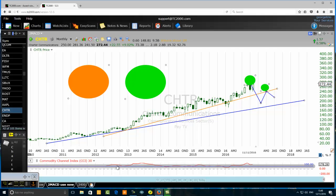All right, when the CCI is oversold, it's the CCI that is oversold. It has a high chance to go up. But if the financial instrument itself is not oversold, there's no reason to buy it. Most importantly, if the financial instrument stays below a bearish trend line, it's not yet oversold. It must go above that bearish trend line and find a support, and then we implement a top-down trading method